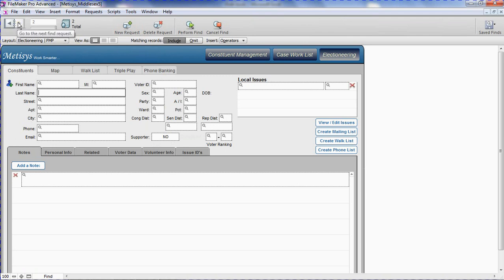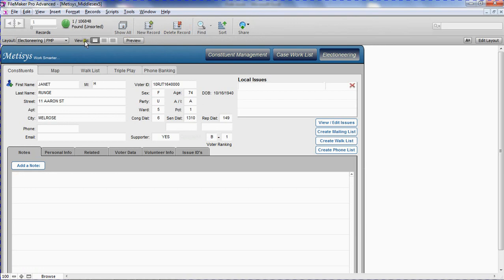We are looking to find those records that contain either a yes or a no. And I'm going to click Perform Find. Now I think I'm only going to find one, the one I just did, because I didn't tag anybody before this. But the process will still be the same. We may find a number of records, and then what we want to do is omit those,